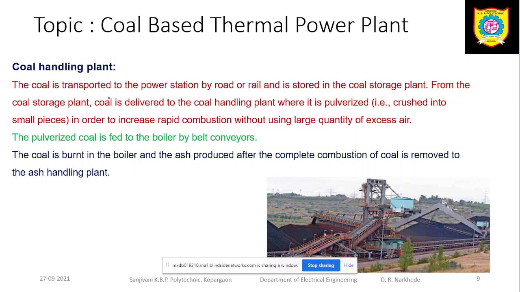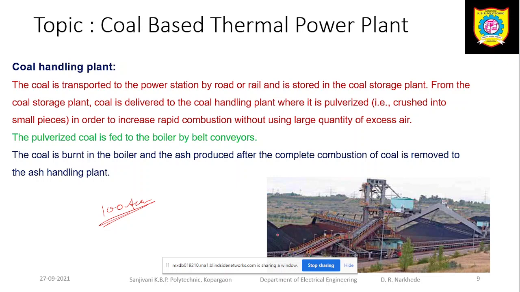In the second case, this is basically a coal handling plant. If you see how the coal handling plant looks like, in the last session we already discussed that the thermal power plant may spread over hundreds of acres. Out of this, most of the space is consumed by your storage, coal handling plant and ash handling plant only.